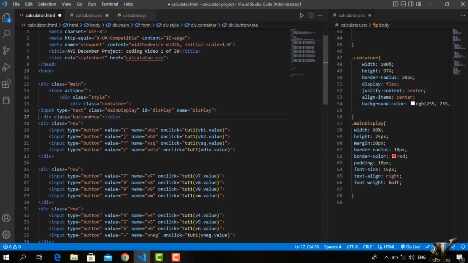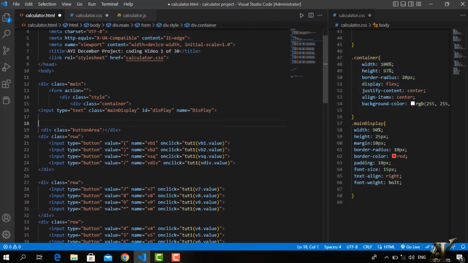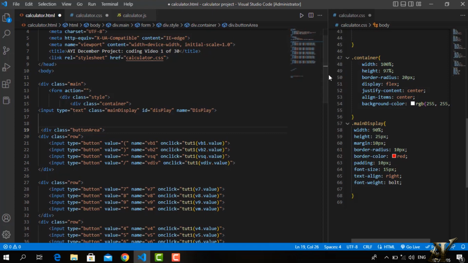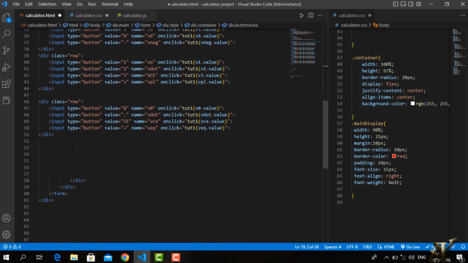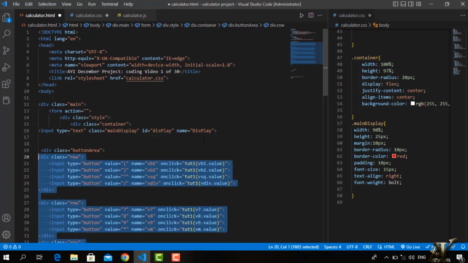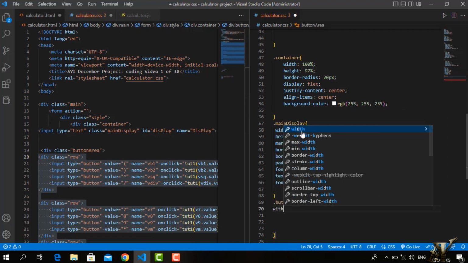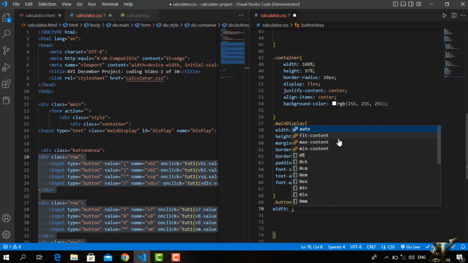So then we close. Now, because we want all of this to come inside this div, remove, cut the closing and go to the end of this group of divs and put it there. So then I'm going to call that button area. I'm going to go to CSS and then I'll call that button. I'm also going to use a width of 90%,